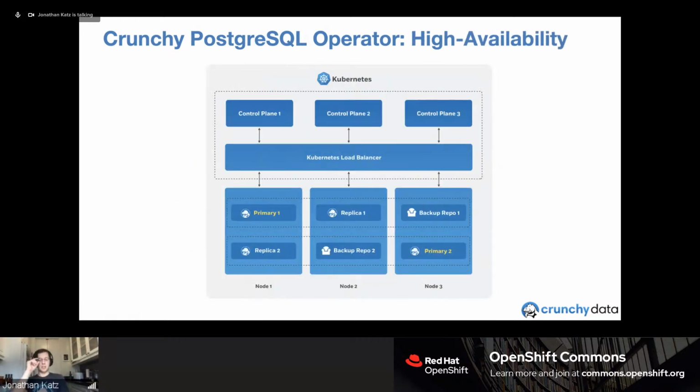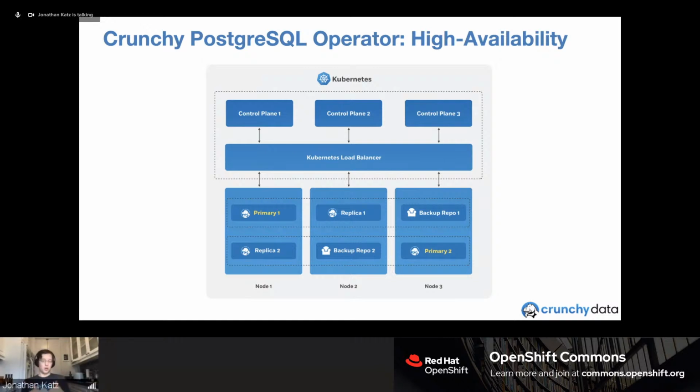So let's talk about high availability, which was the original topic of this chat. This is a really important slide because it explains how high availability works with the Postgres operator, but it also shows how cool it is. Whenever we get support tickets around high availability, one thing we always try to ask is, how's your high availability set up in your Kubernetes or your OpenShift environment? Because your Postgres high availability with the Postgres operator is tied to your Kubernetes high availability. And this is a feature, and this is why it's really cool.